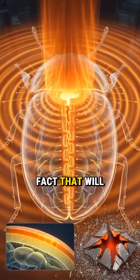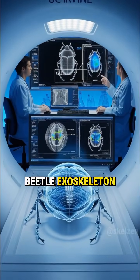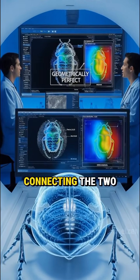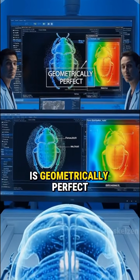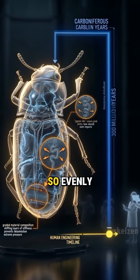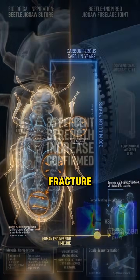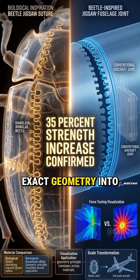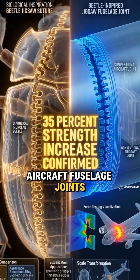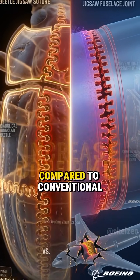Here is the fact that will shock you. Engineers at UC Irvine scanned the beetle exoskeleton and discovered that the jigsaw joint connecting the two shell halves is geometrically perfect. The interlocking geometry distributes compressive force so evenly that no single point ever receives enough stress to fracture. They copied this exact geometry into aircraft fuselage joints and found it increased connection strength by 35% compared to conventional